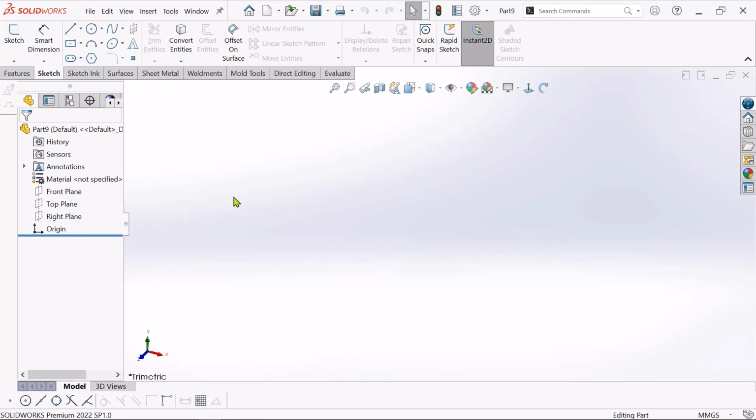This is level 12. In this level, we will learn how to sketch 3D line. At first, we have to choose this sketch. Just click here and choose this 3D sketch. Click on this 3D sketch